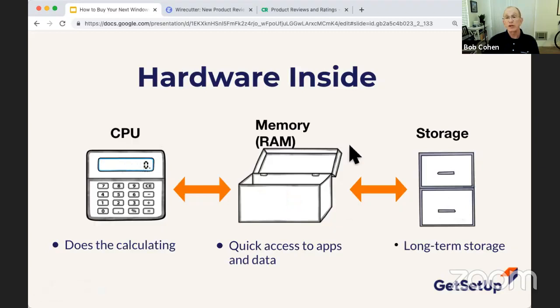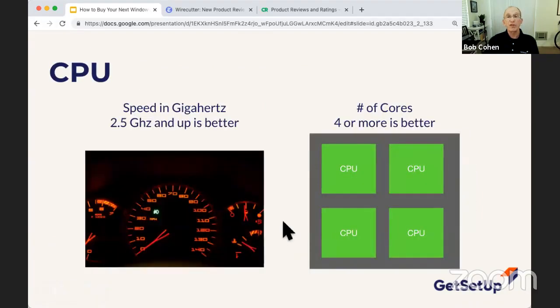The CPU and the RAM exchange information, and the RAM and storage exchange information, and how much power and capability you have in each of those determines a lot about the performance of your PC, which is why you want to upgrade.